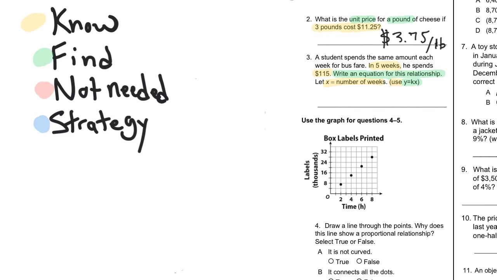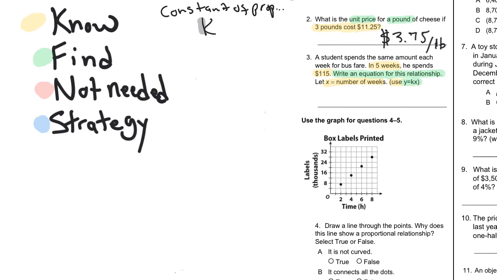We know k is the constant of proportionality. We know k is constant, right? I think that's what they're asking us to look for,